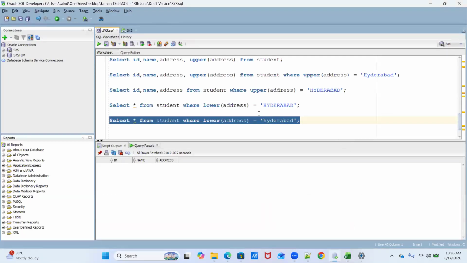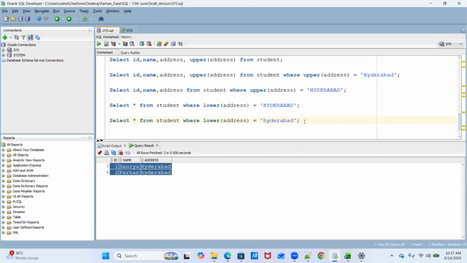Once we execute the second query, you'll get two matching records and only three columns, ID, name, and address, not the fourth column that was lower of address. Hope it is clear now. If you have any question, you can ask, or we can move ahead with another topic.